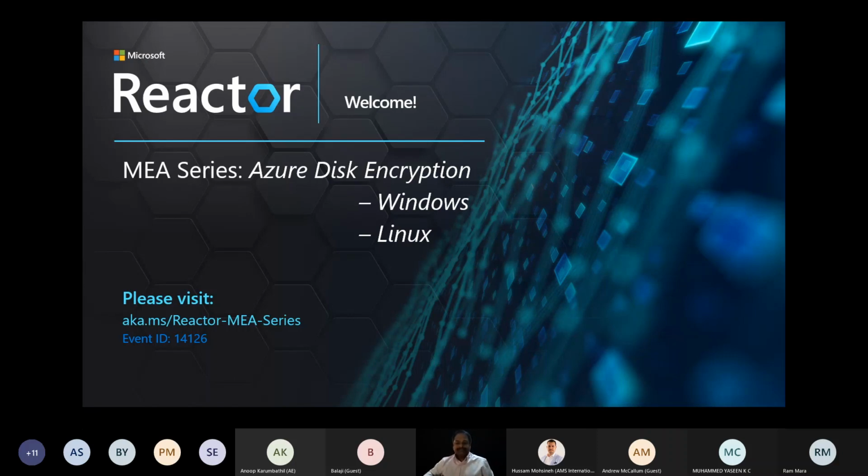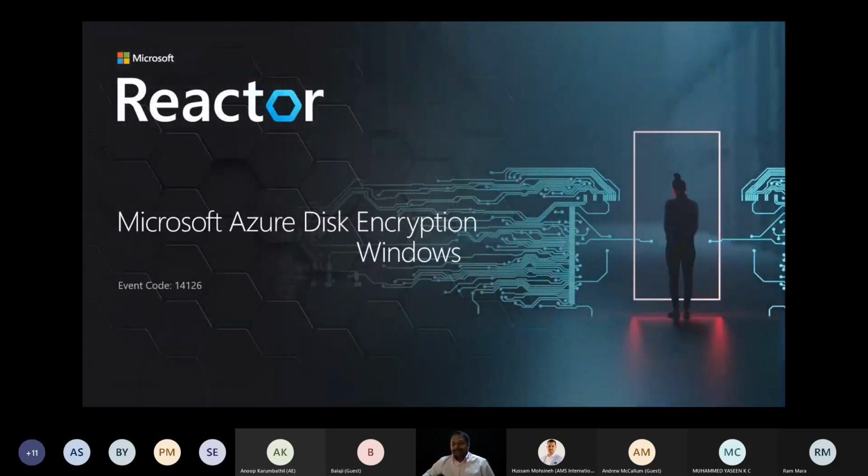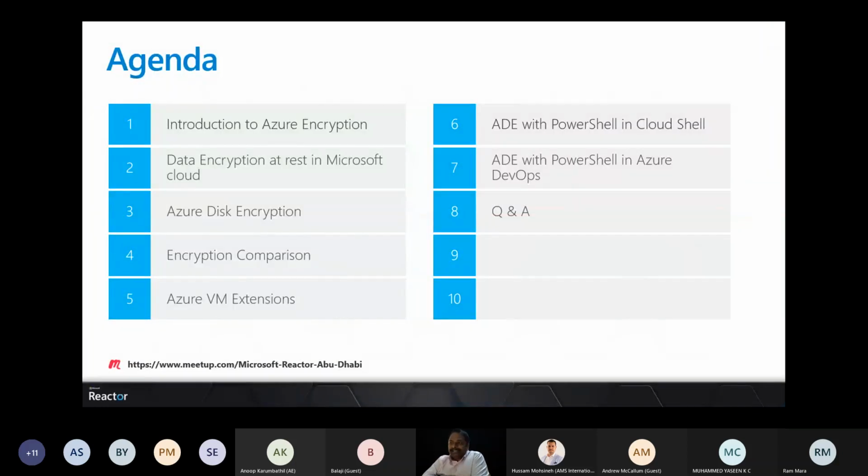As I said, this session goes through Azure Disk Encryption for Windows virtual machines. This is the agenda for today. We'll see what Azure encryption is, and then what kind of data encryption is available for Microsoft Cloud Services, and then what Azure Disk Encryption is all about.